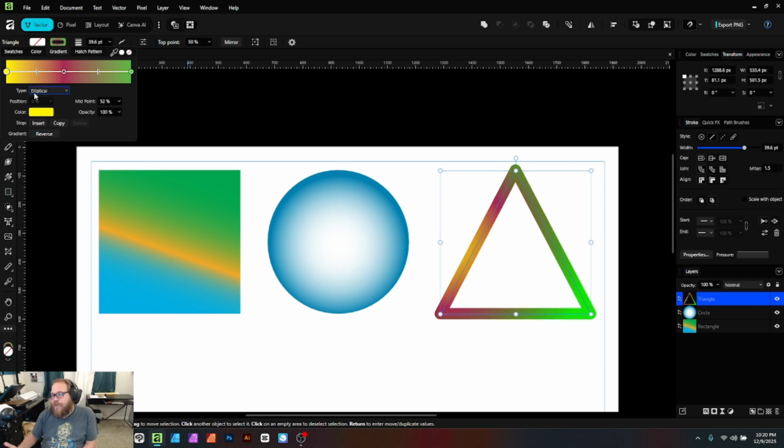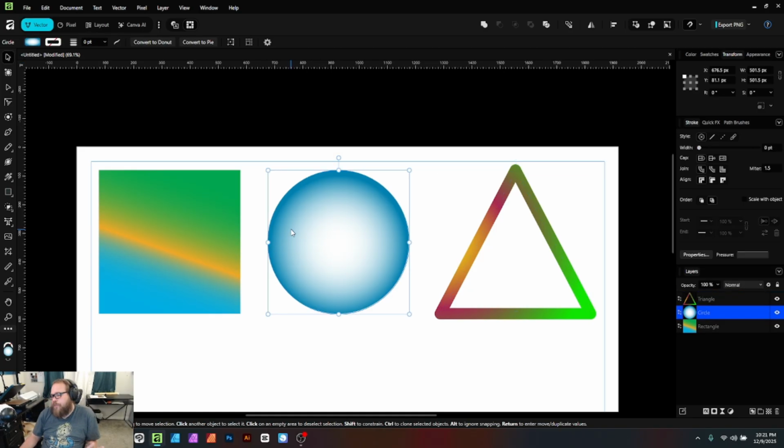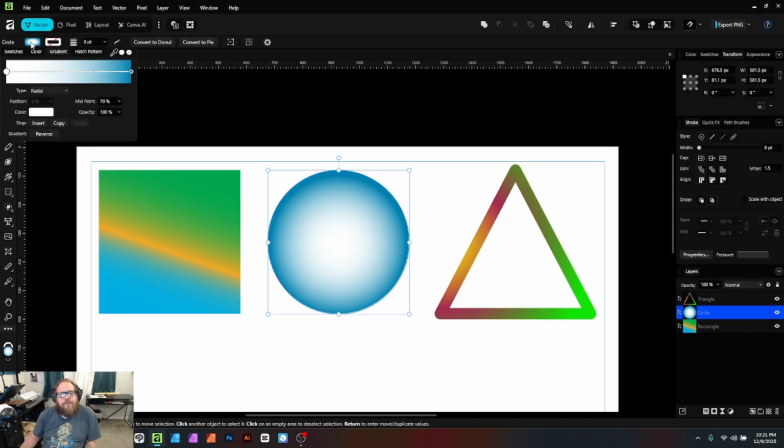But this is a great tool to use. The gradient tool is very simple, very straightforward to use. I really don't know how much to explain it. We can also change the top point. That really doesn't change much on this, but these are just a tool you should try to play and learn how to fiddle with. There's more stuff you can do with this, of course. A tip I would always give anyone about a gradient. This just goes for any software, period. If you want a gradient to go to, say,